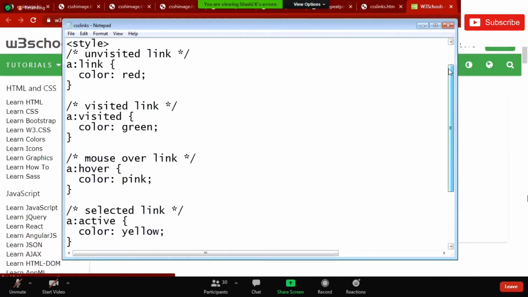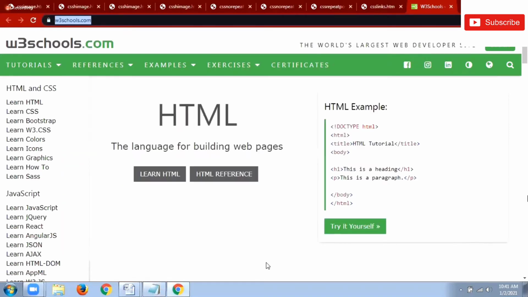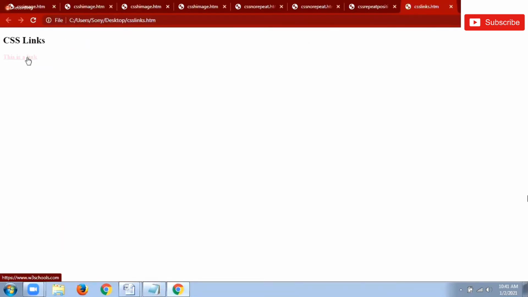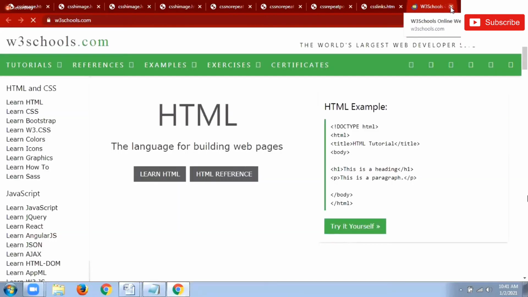Visited, then if it is unvisited, then whenever I put the cursor, how it is going to be specified. So this is my four types of links. Now let us see with these four types of links.